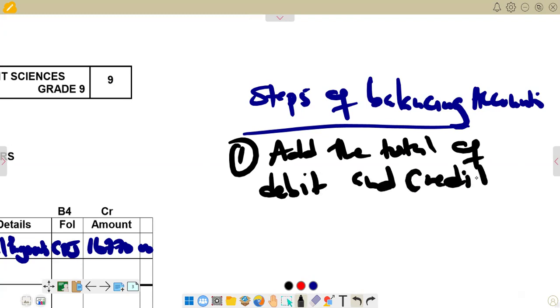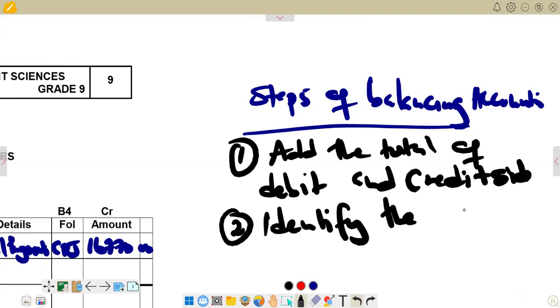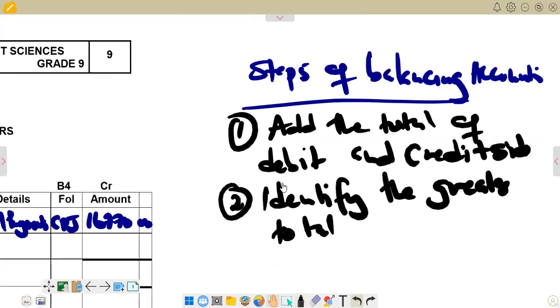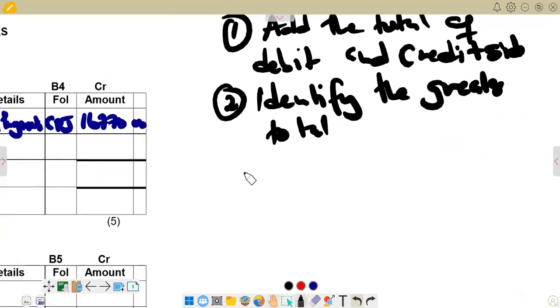After having added to get the total of the debit and credit side, you identify the greater total. After you have identified the greater total, you put it in between,